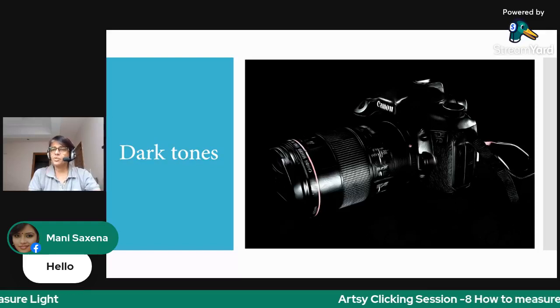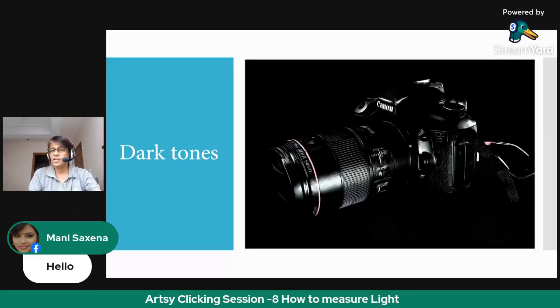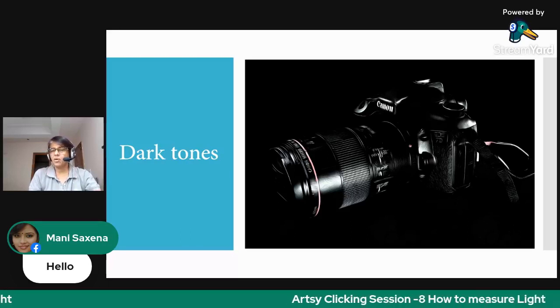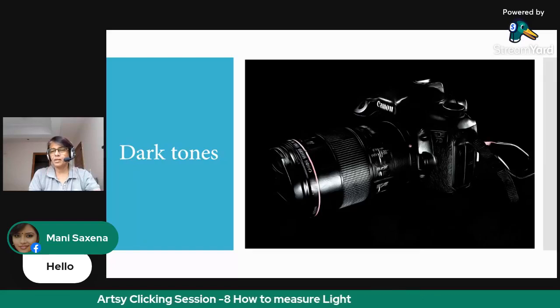So the camera assumes that each object reflects 18% of the light. So it assumes that both white and black reflect an equal amount of light and makes adjustments according to that to keep the light meter at 0.